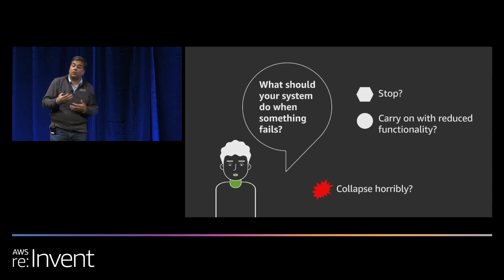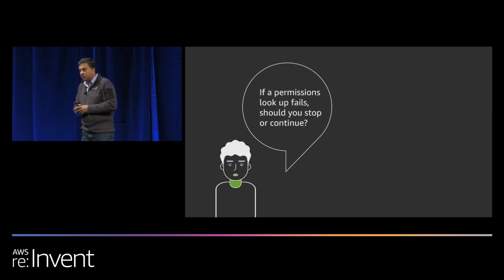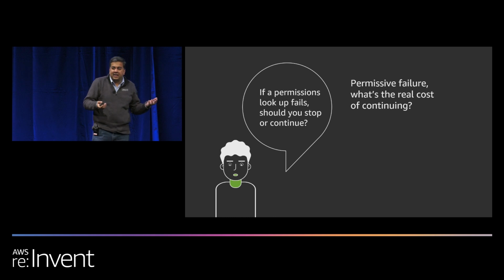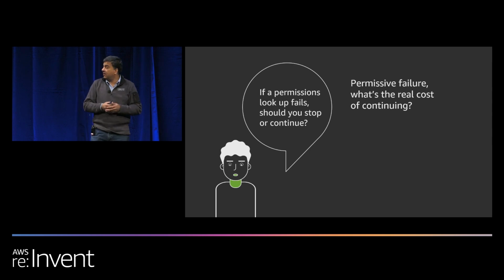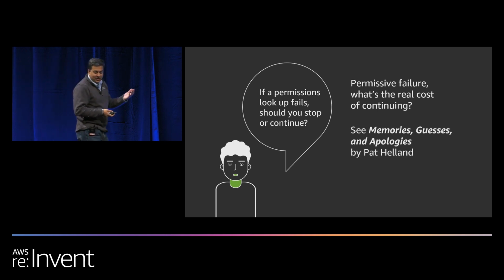You need to make some decisions as to what trade-offs your application will make in case of failures. Like, if a permission lookup fails, should you stop or should you continue, right? These are some of the decisions that you have to make upfront, and it might be okay, but it might not be okay. You have to figure out trade-offs, right? So, well, maybe it's okay, it's public data, so without authorization you can still give the customer the data. But maybe no, it's private data, so you don't want to share that out, so you probably want to stop in that kind of failure, right? If you don't do things, you'll end up apologizing. There's a good paper out there on how to apologize for failures. So you'll end up apologizing for those.